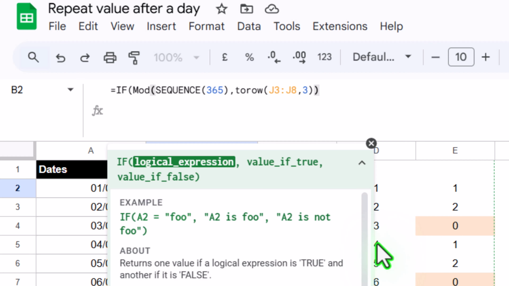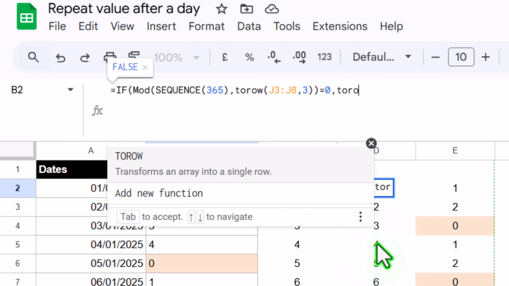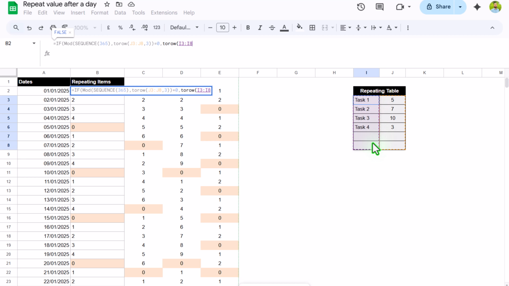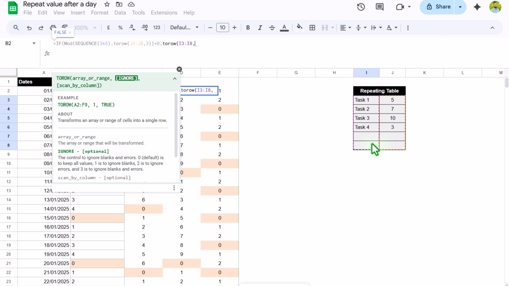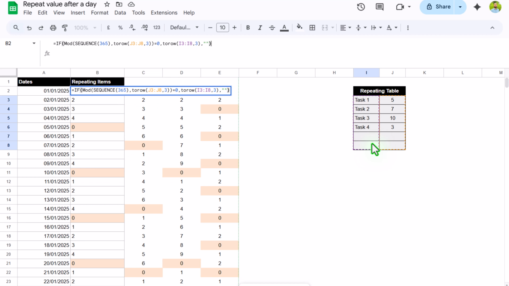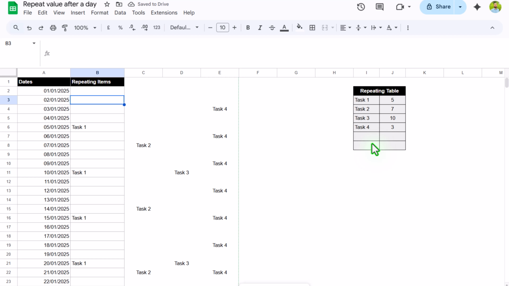If this formula result is equal to 0, hit comma. In this case, again I will type the TOROW function, open parenthesis, select the list of tasks including blank rows, hit comma. For the ignore parameter, type 3, close parenthesis. If this condition is equal to 0, I want to get the result of the TOROW function. Otherwise, I want a null result, close parenthesis. Now this time again I will click Ctrl Shift Enter. This will apply the array formula, hit enter, and this is how we get a list of tasks on each and